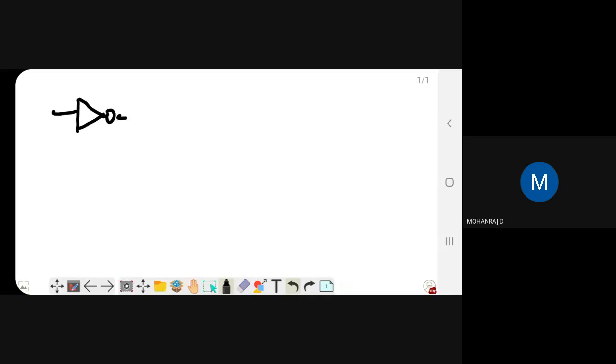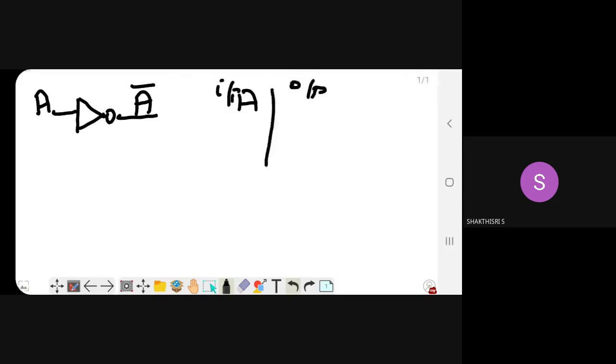Okay, if I give input as A, what is its output? A bar. Okay, so if I go to its truth table, this is the input and this one is the output, that is nothing but A bar. I can give only one input, so its possibility is either 0 or 1.